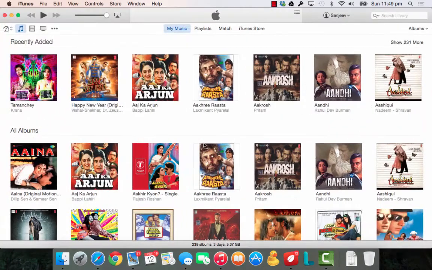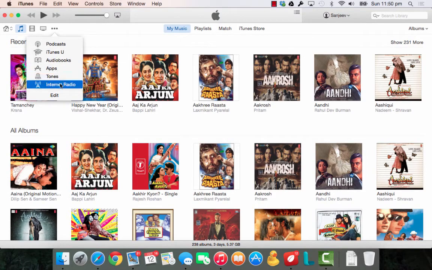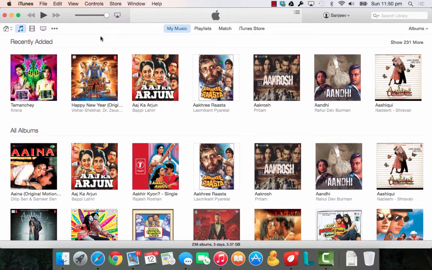And as soon as you open the app, it is clear that a lot of things have been redesigned. The whole UI has been given more of a flatter look. So if you see, all of these sections have been given more of a gray shade and a flatter interface. You will have more or less similar controls, but a lot of things have been reorganized. Like if you see, your home button is here, and your music, movies, TV shows and all the other stuff is here rather than on the sidebar.